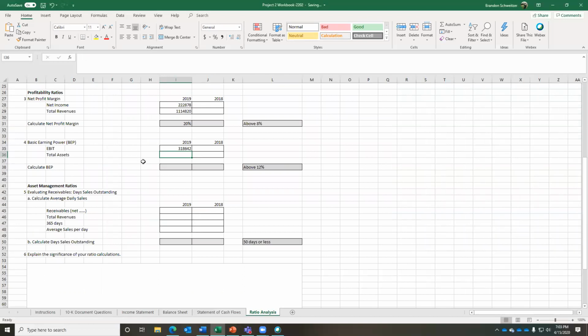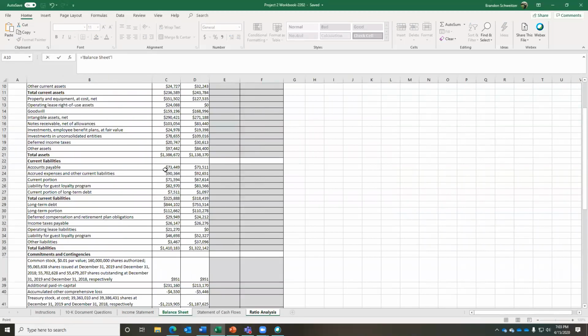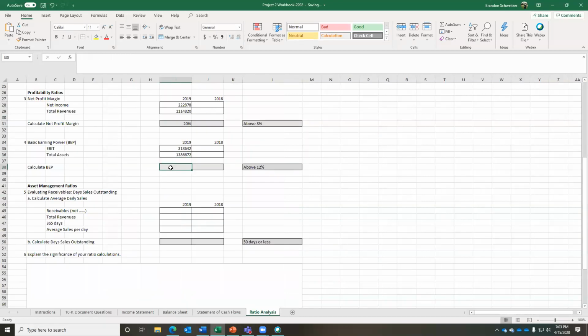And your total assets is found on your balance sheet. So go equals balance sheet, total assets 2019, enter. Earnings before interest and taxes equals EBIT divided by total assets. There's your EBIT, just convert that to a percentage. And so forth and so on. And you'll do the same thing for 2018. Now, question 5